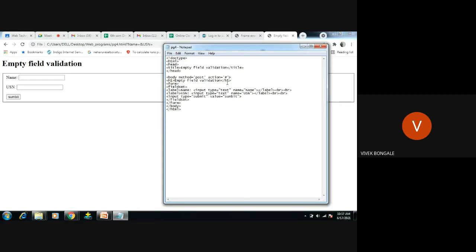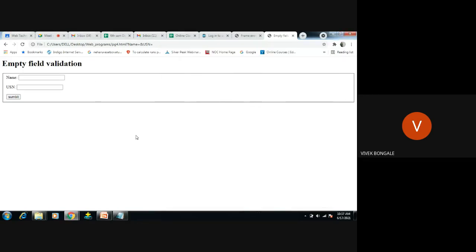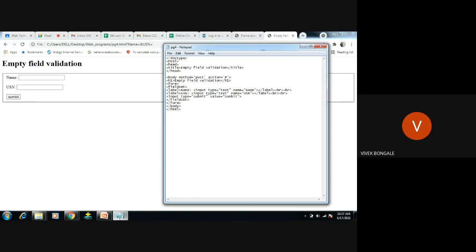So now what we do, if I submit an empty form, it should not submit there, right? Some message should display to me, as you have not entered any value. So first you enter a value there. What do we have to do for that? We have to write the JavaScript.